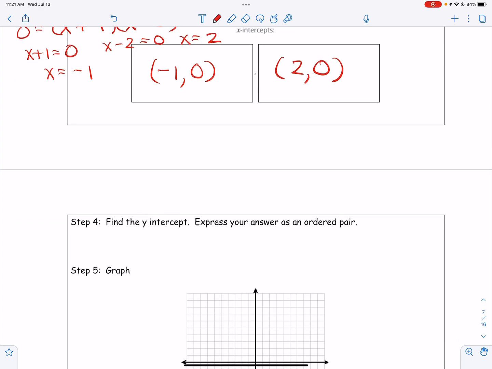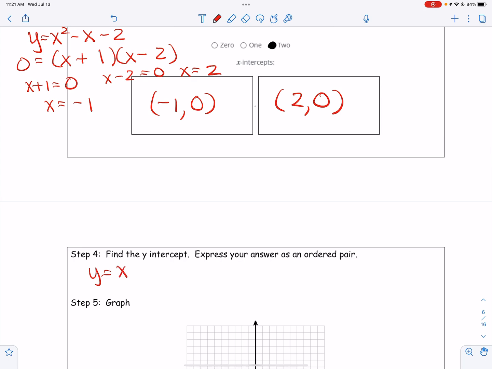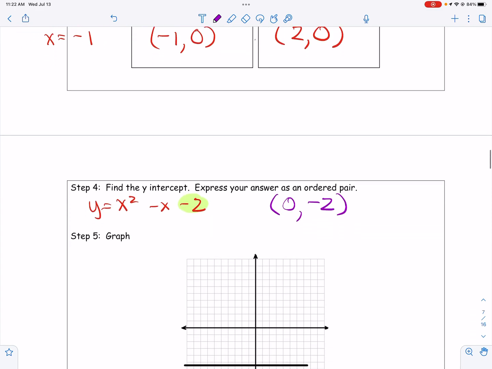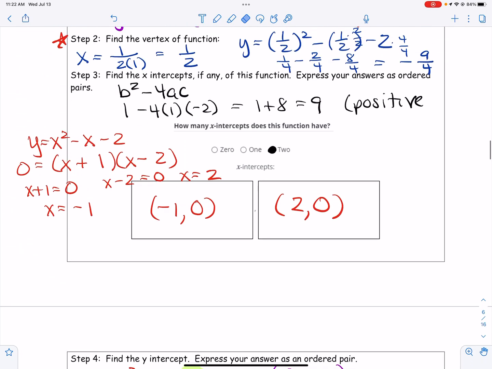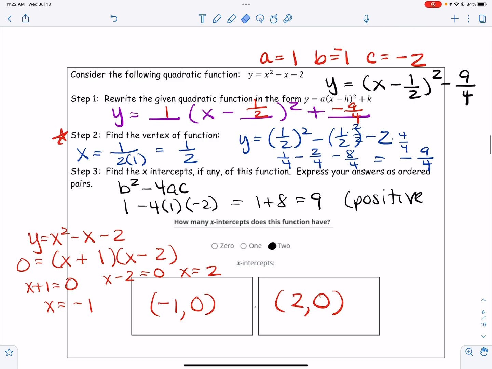The y-intercept, remember, here's your original equation, x squared minus x minus 2. The y-intercept is going to be negative 2. So we would write 0, negative 2. So we've got a bunch of points here that we can use to graph this. We'll start with the vertex, okay? And the vertex was, let's go back up here. Oh, the vertex,